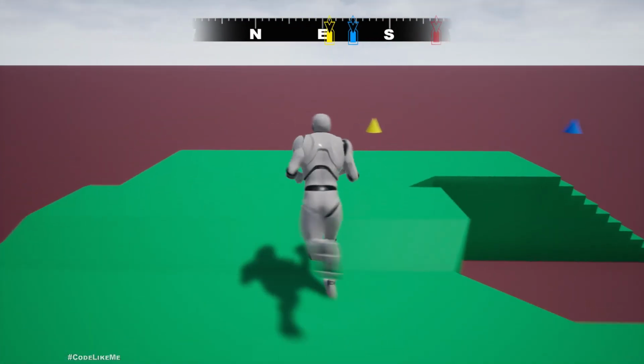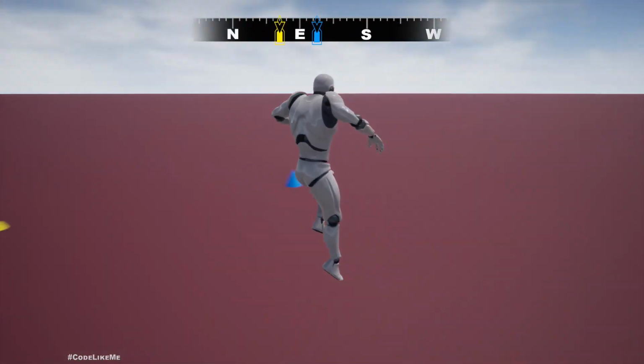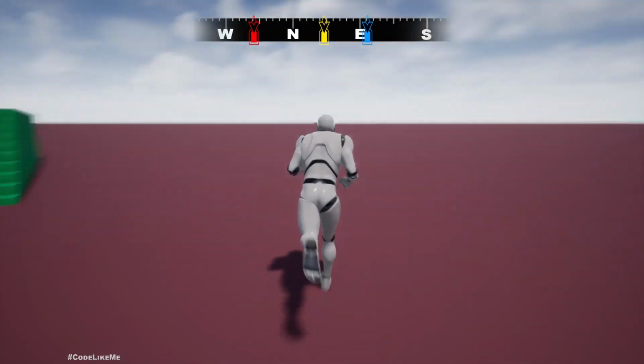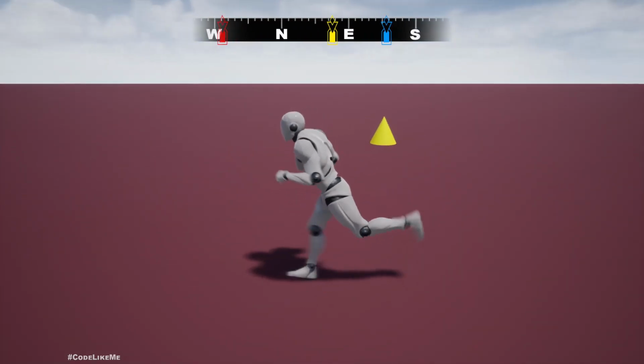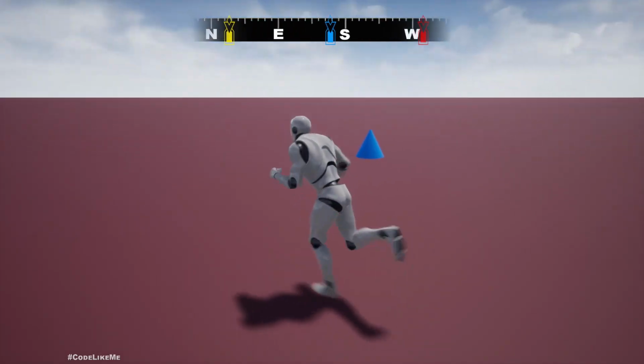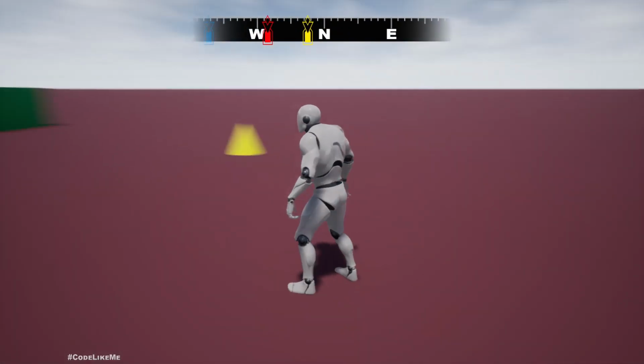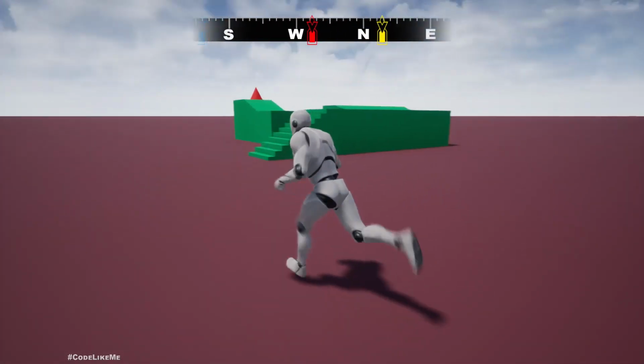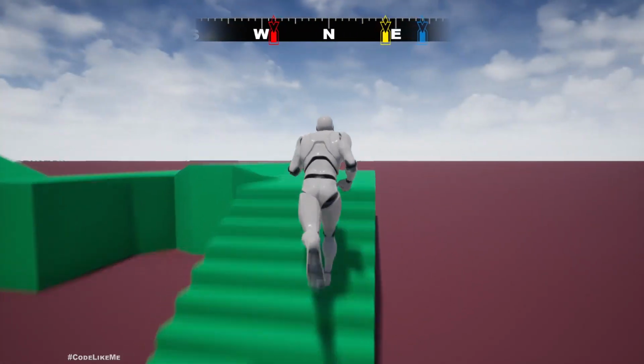So this can be used to represent things like objective markers, points of interest, character markers, etc. in a game. We can attach this objective marker actor to other